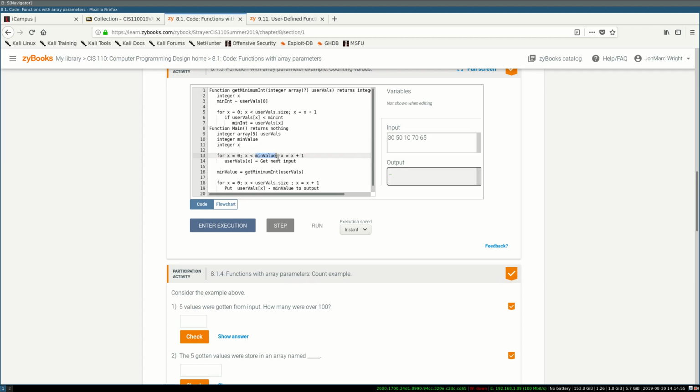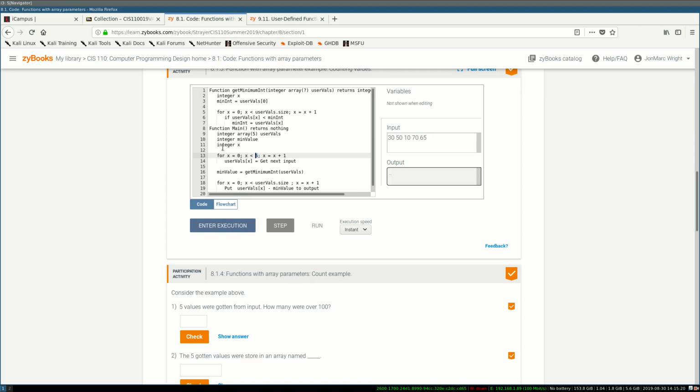So we need to change this. You could hard code it with a 5, just like you could hard code this with a 5, because we know that in this case we want it to happen 5 times, because our integer array has 5 slots, and we need to get 1 input per slot. However, doing that means that if in the future the client came back and said, you know what, we are actually going to have 10 numbers, or for example,